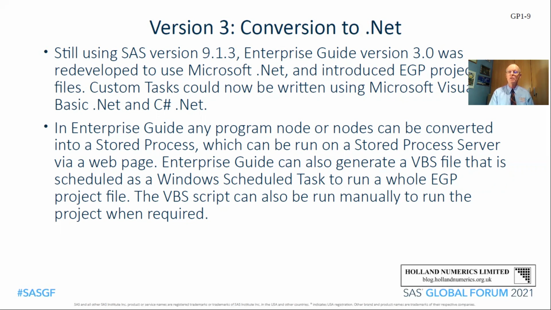Now, in version 9, there were various servers which could be attached to a SAS installation. And one of them was a stored process server, which allowed access to SAS via a web page. And Enterprise Guide could be used to develop those stored processes. It could also generate a Visual Basic script file, VBS, that was scheduled as a Windows scheduled task to run a whole EGP project file. And the VBS script could also be run manually to run that project when